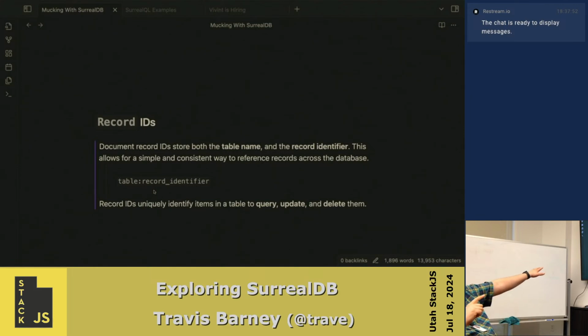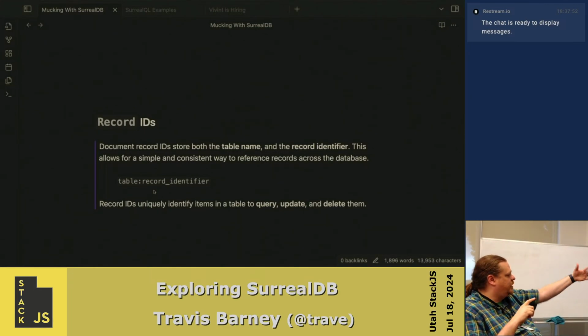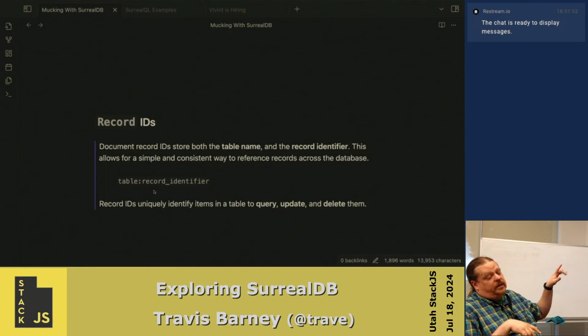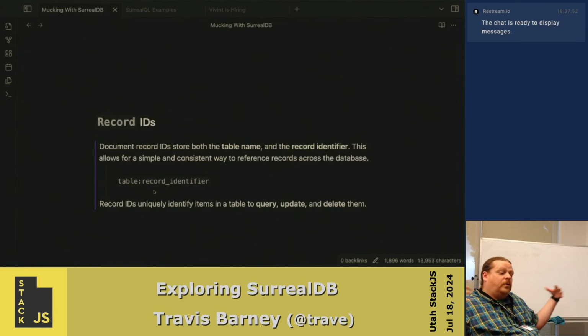So this is just an example. The table could be called user, for example, and the record identifier could either be a constant type of string like that, or you can give even an array or an object, to make what I think they call compound record IDs or complex record IDs. And what is very interesting about that, and we'll get into it a little bit further,